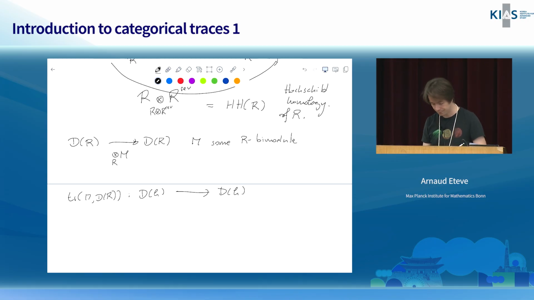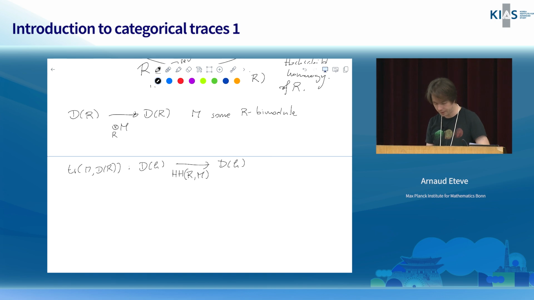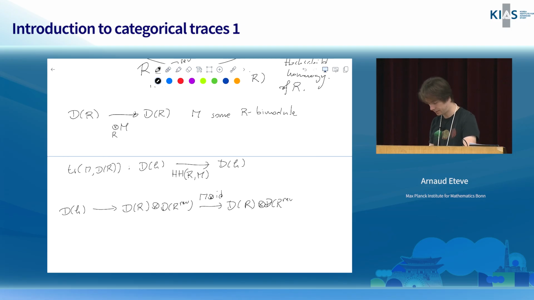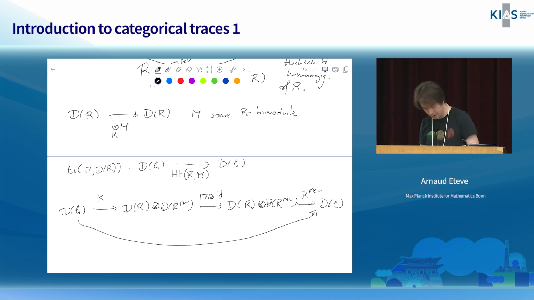Maybe let me write the answer before doing the calculation. It's going to be the Hochschild homology of R valued in the bimodule M. Let's check this. You start from D of K, you go to D of R tensor D of R rev, then M tensor identity this time, and I can't skip this step. Then D of R tensor D of R rev, D of K. Here I have an R rev, I think. Okay, and the composition now is,